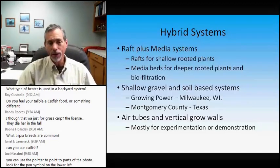You've got a shallow gravel area that provides a high surface area, highly oxygenated environment for the bacteria to grow, and then you've got soil in pots that are nested into this 1 inch of gravel. And by the wicking action, the soil brings the water and the nutrients up into the plant root zone. And the plants are in pots. You can harvest them, take them in and out as you choose to, and then replant and start from seed